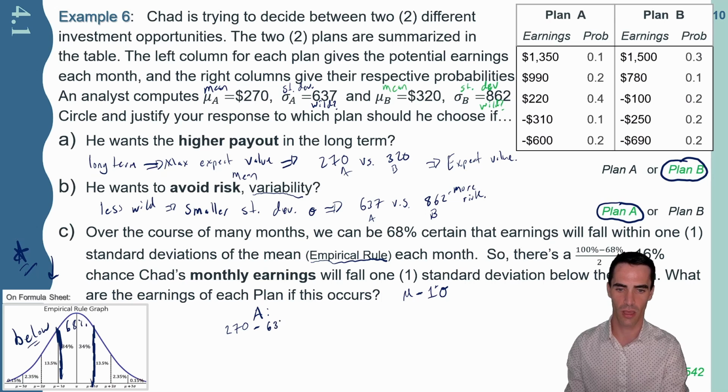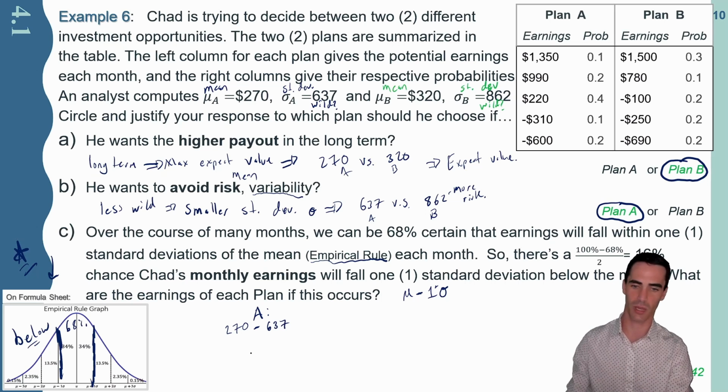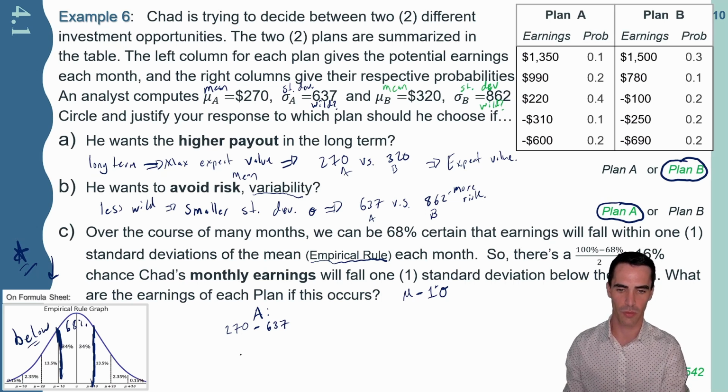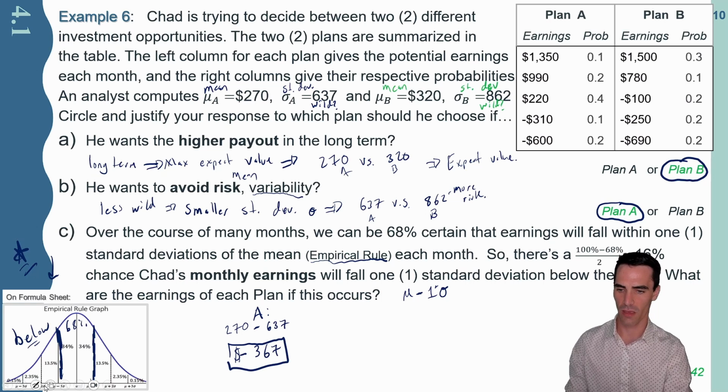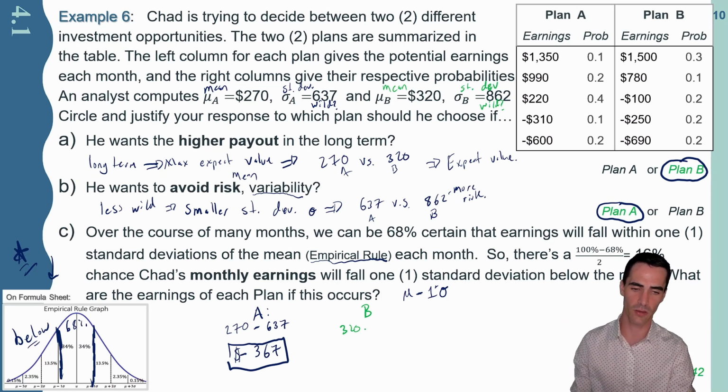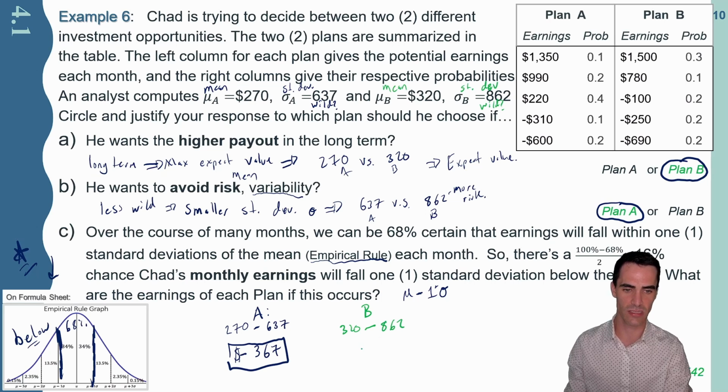That's 637. If I subtract that, we're coming in the negative. That's not good. I'll end up with minus 367. And this is dollar bills. We're losing money on that plan A. If I switch over to plan B, I have the mean, which was 320. Again, higher expected value, but then I also have a higher standard deviation, 862. I can subtract that and I'll get minus